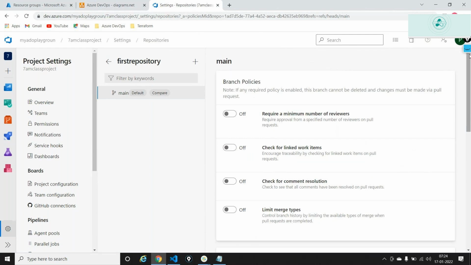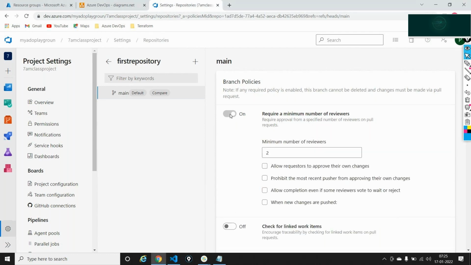And these are all the branch policies that I'm looking at right now: require number of reviewers, check for linked work items, comment resolution, limit merge types, etc. We'll talk about each of them, but I'll just switch this on for now. I'll say if someone wants to commit onto the main branch, or let's say a master branch, they at least need one person